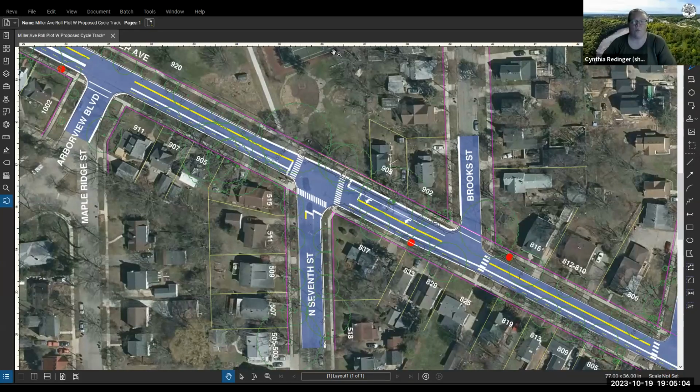And what does that look like? With our transportation plan, given the vehicular volume on Miller, there are some options that we have to choose from. All of them really include a physical separation from vehicular traffic.